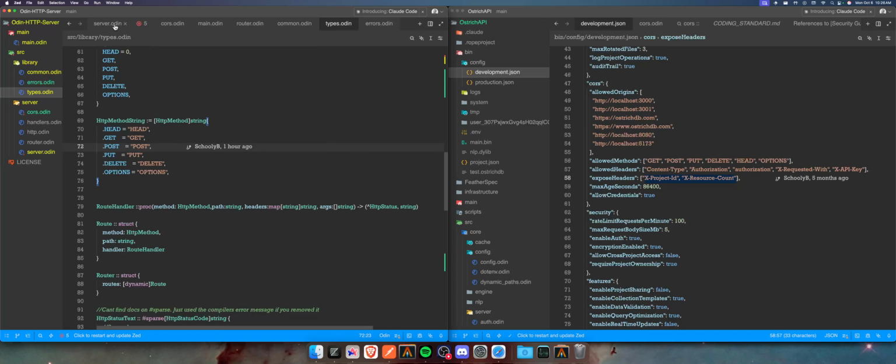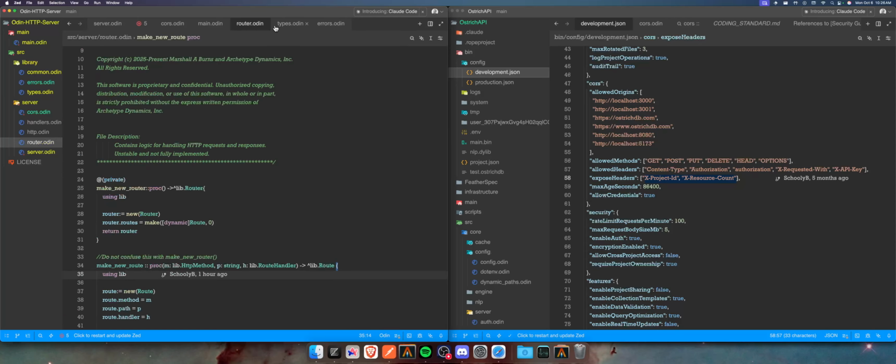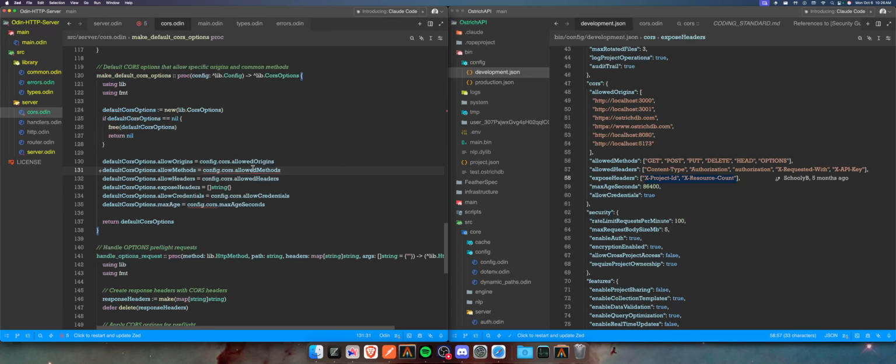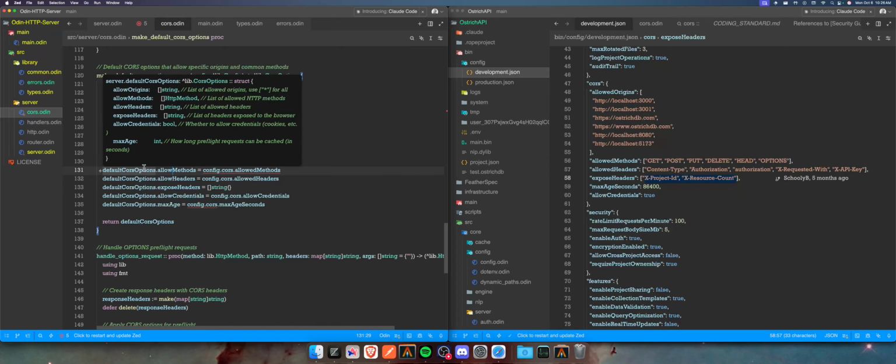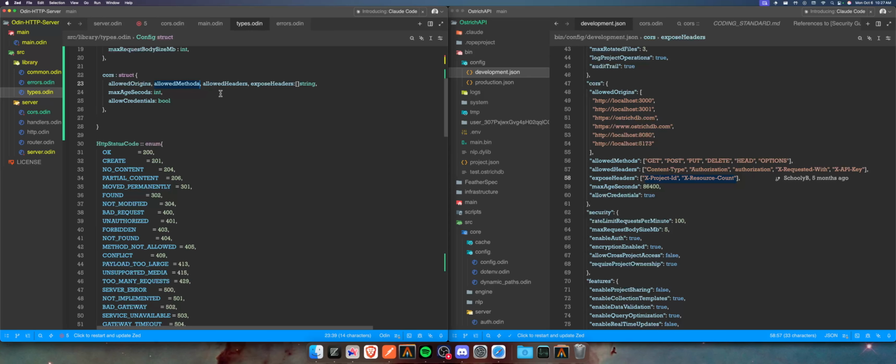So, what's the issue again? I already forgot. So this is default cores options taking in some HTTP methods. This is not right. Okay, I messed that up. Allowed methods is not a string slice. It is